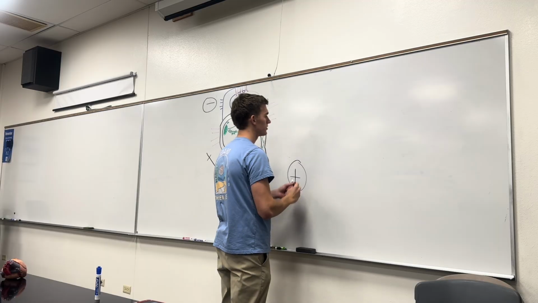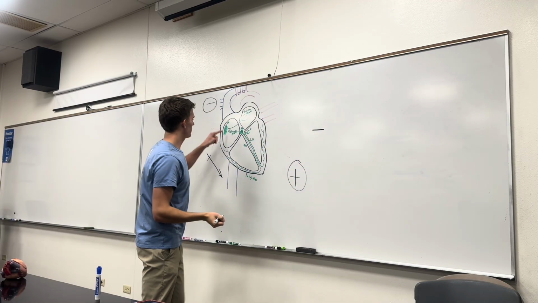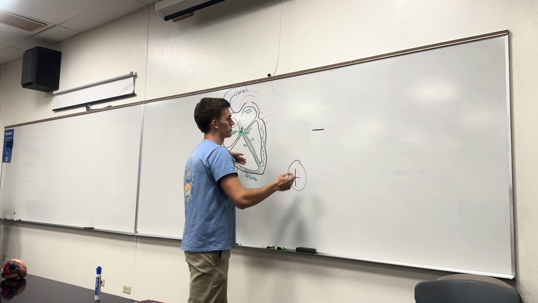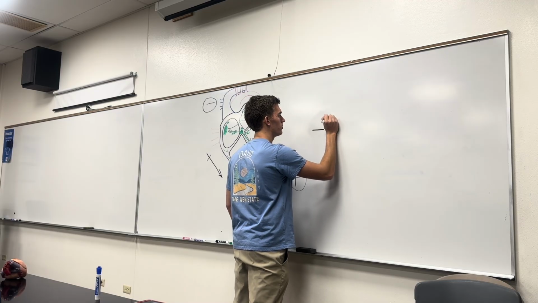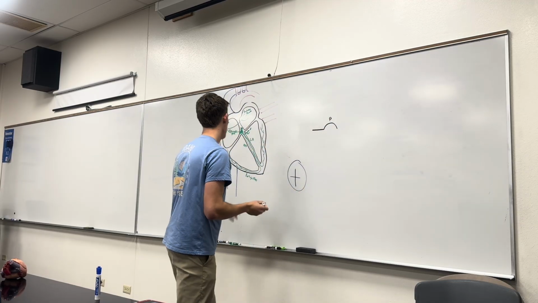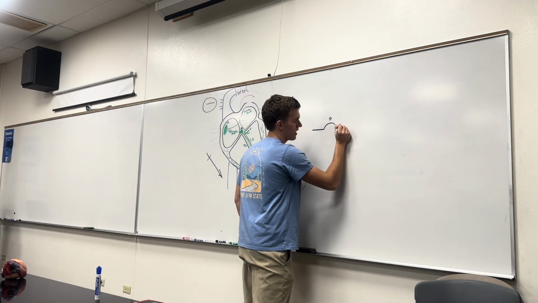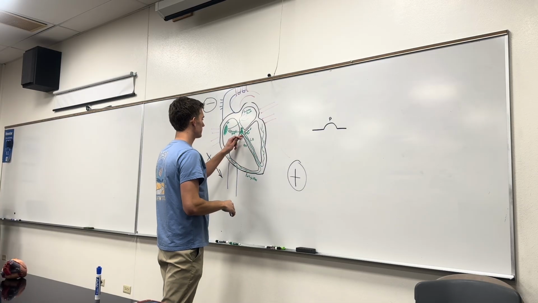So we have this, and then our SA node sends it, and it depolarizes the atrium. And that is our P wave. And then our AV holds it for a sec, and there's no separation of charge right now, so it's gonna be flat. And then it's gonna come down this,